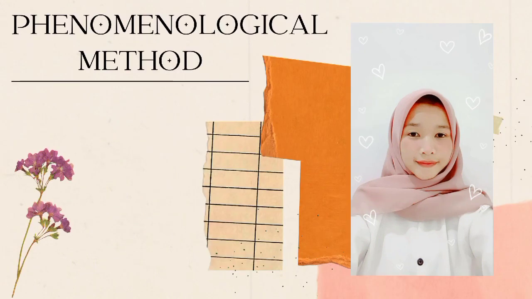The next type of qualitative research is phenomenological method. Phenomenological research is used to identify phenomena and focus on subjective experience and understanding the structure of those life experiences. Phenomenology is used to describe in depth the common characteristics of the phenomenon that has occurred. The primary data collection method is through in-depth interview.